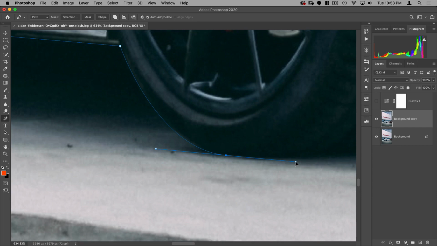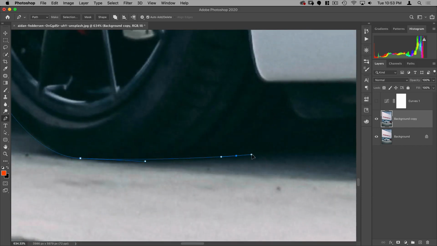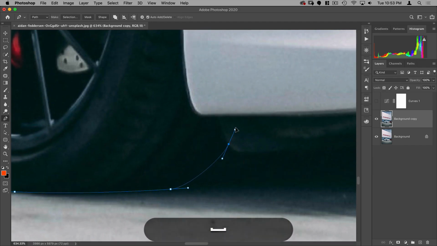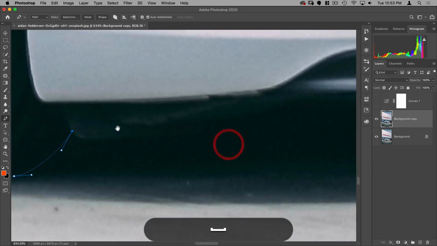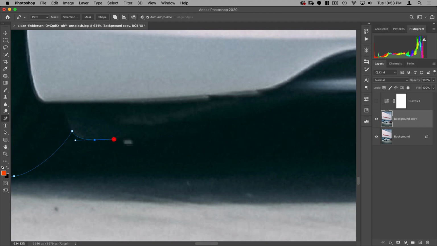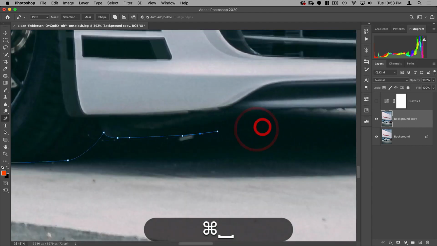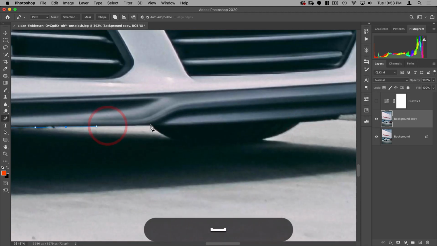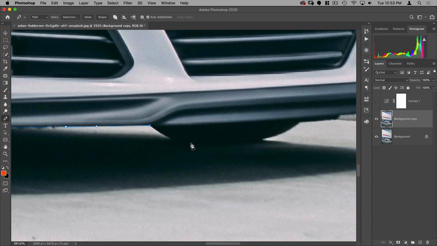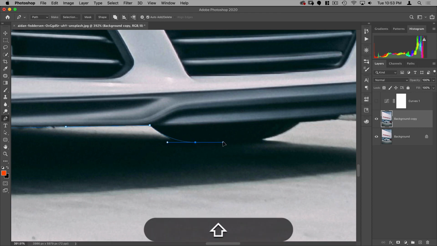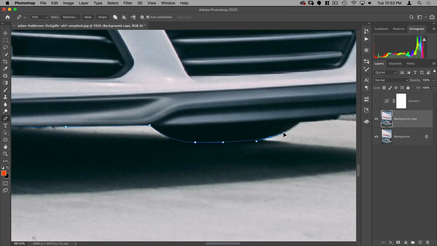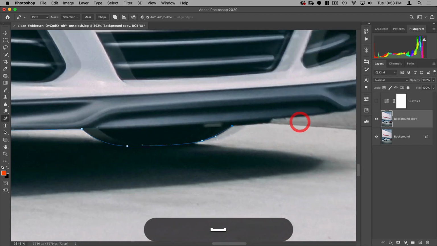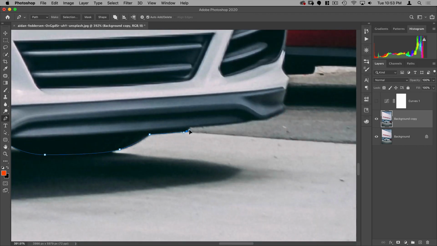You can't adjust these things without making a new selection. So the beauty of the pen tool is that I have full control of this path before I turn it into a selection. It does take a little bit of getting used to, but once you've got the hang of it like I do here, it's a really nice tool, and you'll find yourself using it all the time for any selection that the smart selection tools in Photoshop can't handle on their own.